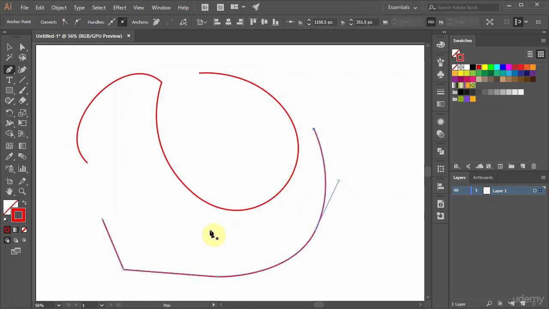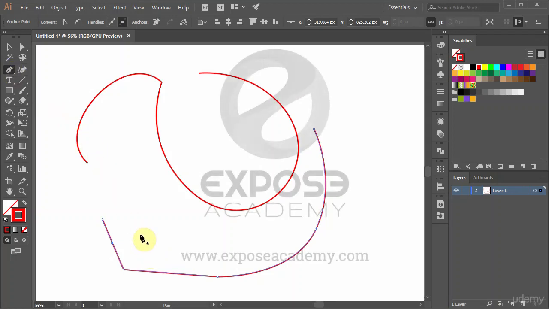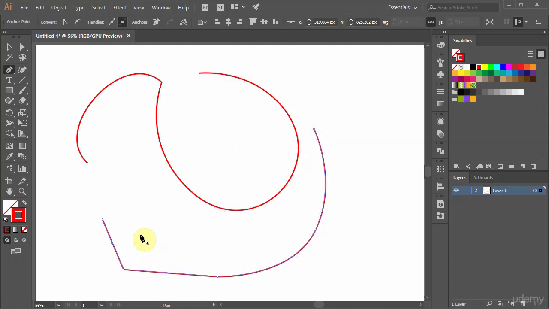Press Enter or Escape key. Okay, now to activate the Add Anchor Point functionality, rather than going all the way to this tool icon in here, then going back, while in the pen tool, we can actually hover on any of the curves on a selected path, and notice we have this plus sign on the pen cursor. And if we click it, it will add an anchor point on that position. Okay, so that is how we can add anchor points without having to go to the toolbar and clicking the Add Anchor Point tool.